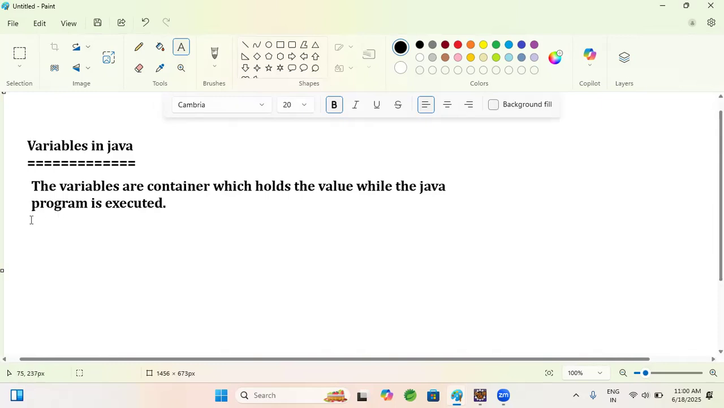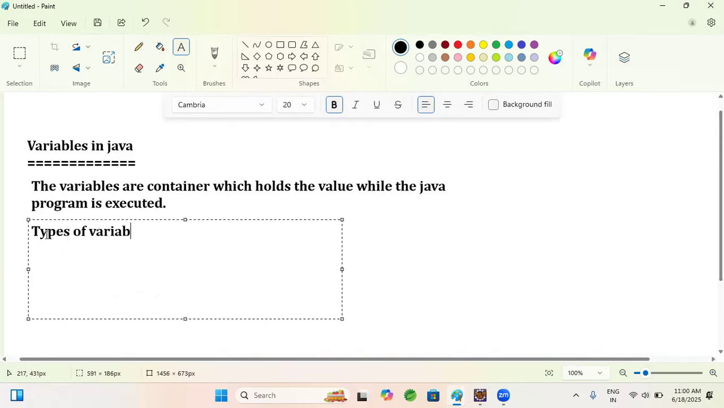Now, there are some types of variables. Actually, there are two types: global variables and local variables. But the global variables are further divided into two types: instance and class variables. Instead of saying all that, we can say that there are four types of variables. The first one is an